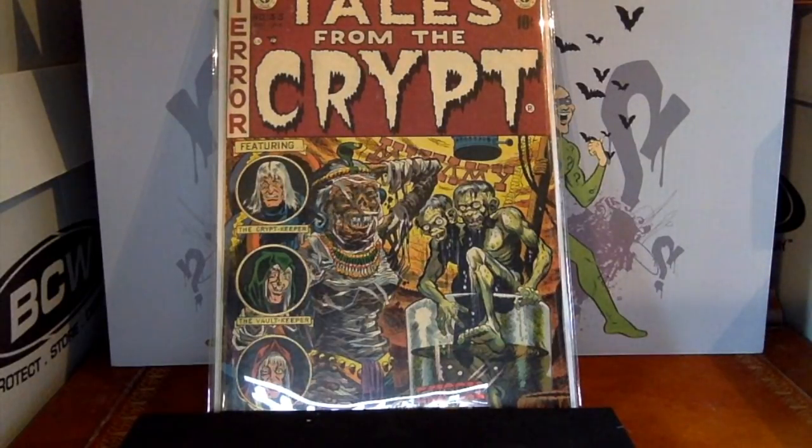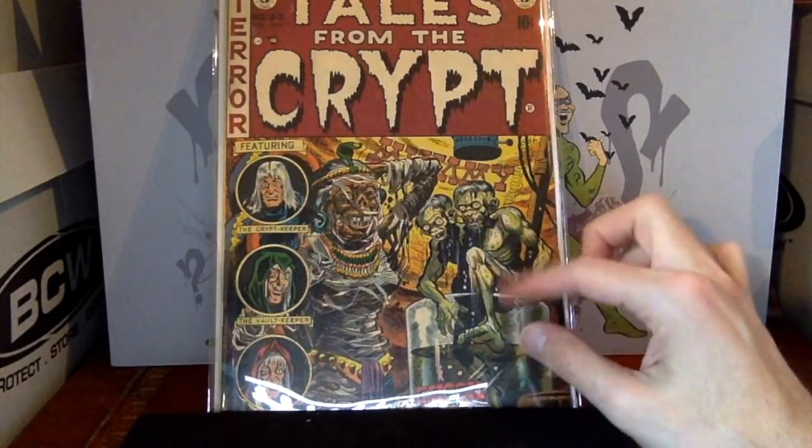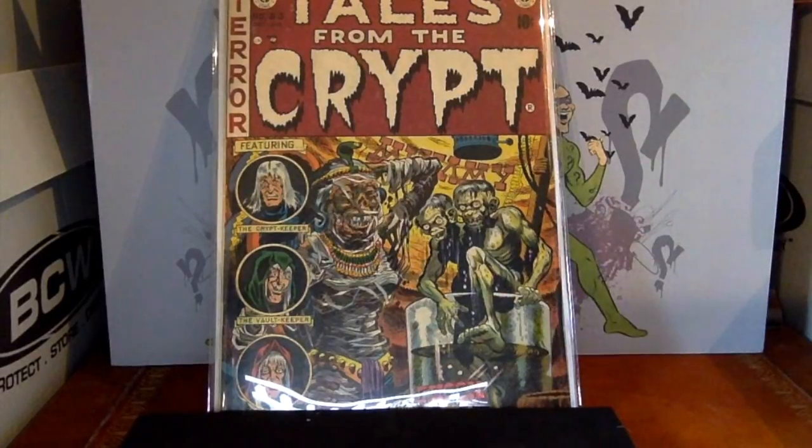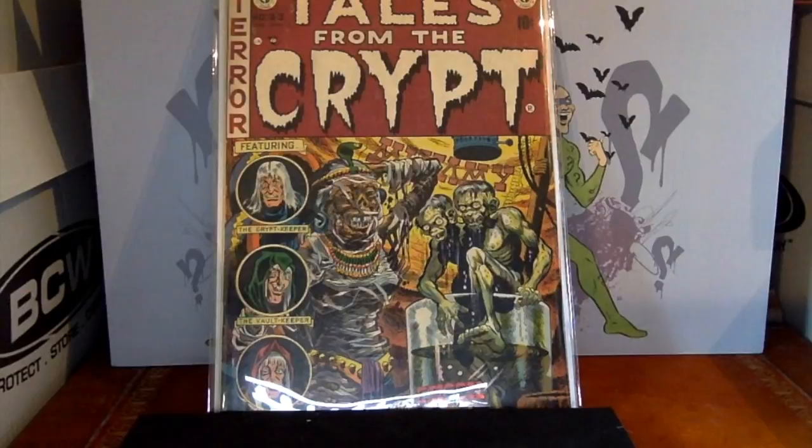It's the origin of the Crypt Keeper. But aside from that, any EC fan will tell you this is probably one of their favorite covers from the Tales from the Crypt series. Classic Jack Davis cover, as the Crypt Keeper's father is climbing out of the embalming solution, ready to make love